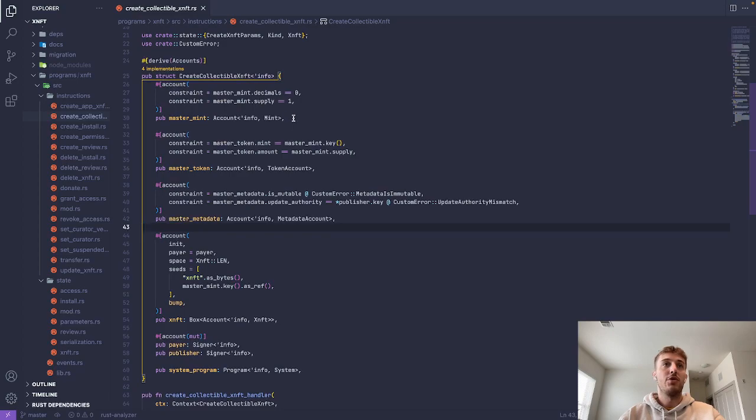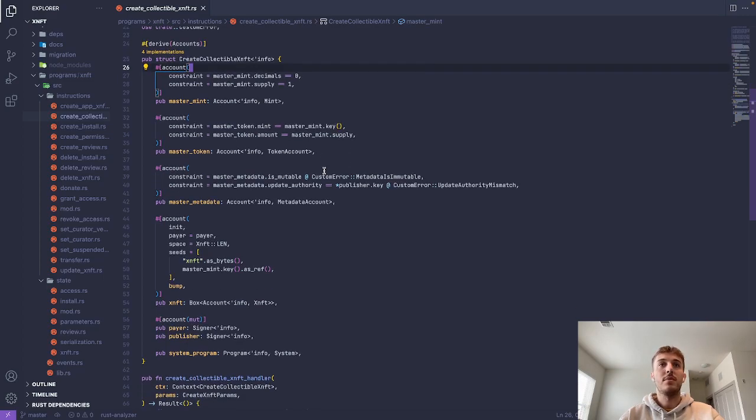So instead of creating a new master mint, we are just expecting one to be provided that has one supply and 0 decimals, which is the standard definition of an NFT on Solana. We expect the associated token account of that NFT. And we've got our constraints here, making sure the amount matches the supply and the mint matches the master mint